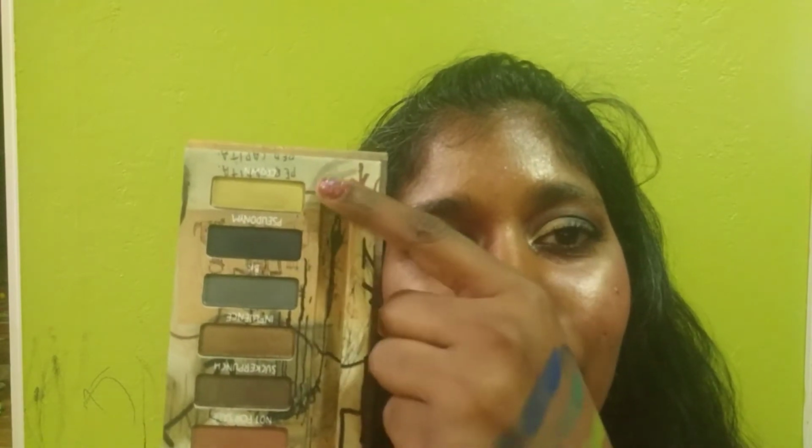These are the eyeshadows that you get. Now on this eye, I have used this entire eyeshadow palette. I've used this gold in the inner corner, and this is actually a very unconventional look, but it has come out really well. I love it. And this gray, I've mixed this warm toned yellow and this cool toned gray. Gray is what I have in the 2/3 of my eyelid,